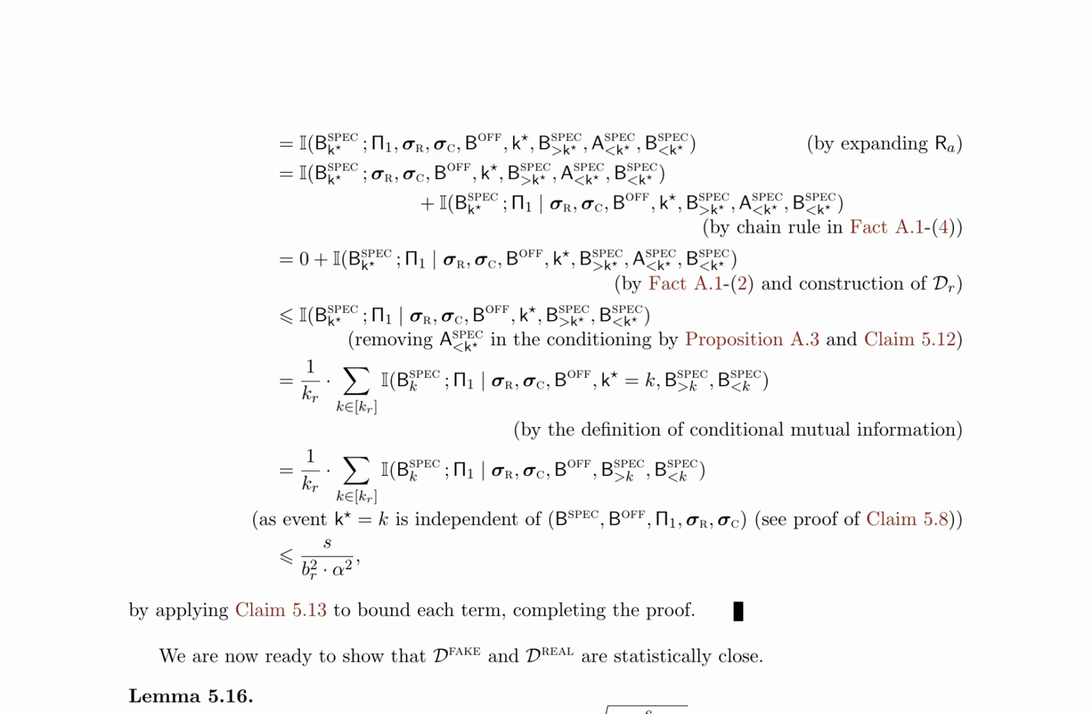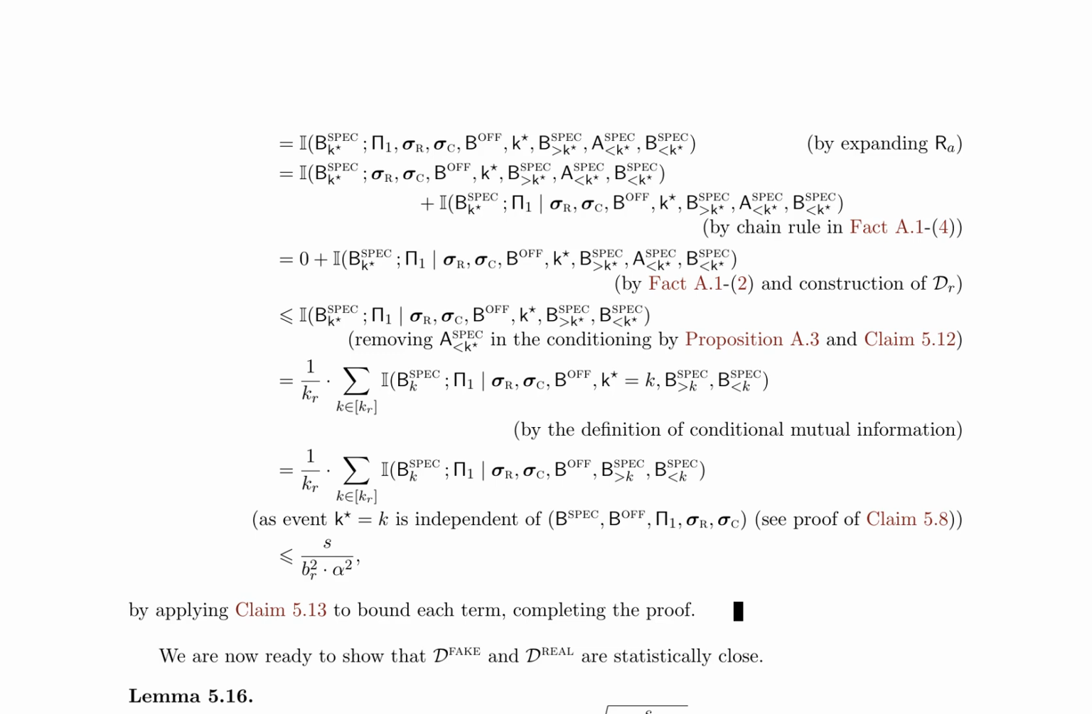To remove the conditioning on aspect less than k, resulting in the inequality I(B_spec^{k*}; Π1, Σr, Σc, buff^{k*} | B_spec^{>k*}, B_spec^{<k*}) ≤ I(B_spec^{k*}; Π1, Σr, Σc, buff^{k*} | B_spec^{>k*}). The authors then use the definition of conditional